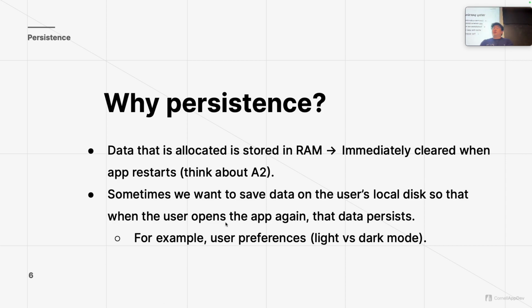One more common instance where you may have seen this before is user settings in your application, like light mode versus dark mode. Whenever you switch between that, that's not actually making an API request. That's just saving whatever settings you have on your actual disk on your computer or whatever device you're using. Another good example is bookmarking or starring. A lot of the time, we don't really want to put that information into the backend. So what we'll do is use persistence to store that information locally so that when you go back to your app, you'll be able to fetch whatever saved content you have from the disk directly.